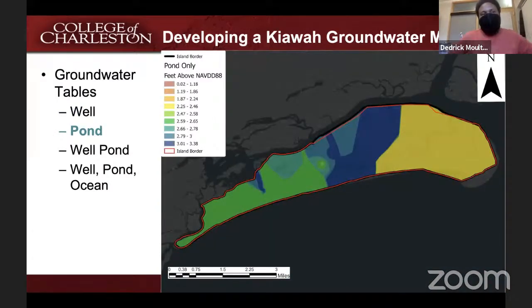But we wanted to look at what features influence the island at large. And because the wells are only about an inch or so in diameter, we wanted to look at larger water features on the island. So we decided to make a model based on the ponds, and that's what this model is. And you'll notice that it does capture the general shape of the water table at large, but it does a poor job of giving you good local data for what's going on in a specific area,